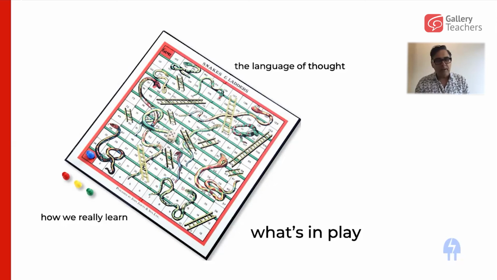So what's in play as we think about what happens when classroom interactions go bottom up, when we think about mapping emergent language, is the language of thought. It's our learners' freedom, their choice, their intention, what they want to say, and also their limits, how we really learn. There's a nice quote here from Diane Larsen-Freeman, which tells us, I think, formally what we all know